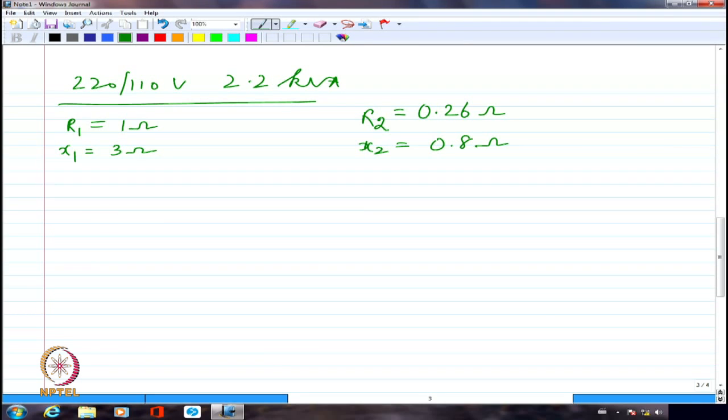So you are going to have high voltage, high impedance. Low voltage, lower impedance. That is the manifestation. All these confusions will be eliminated if you are doing per unit. Because if I look at it here in terms of per unit impedance, we said base impedance in this particular case on 220 volt side